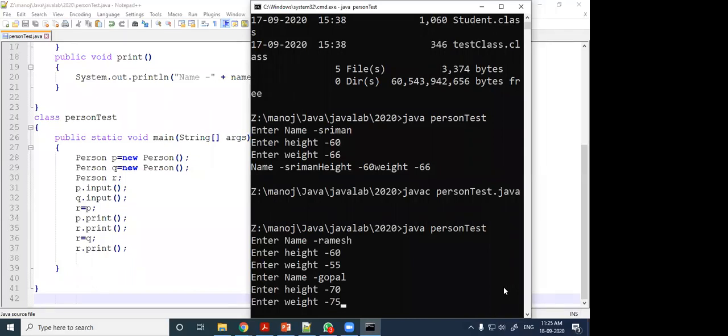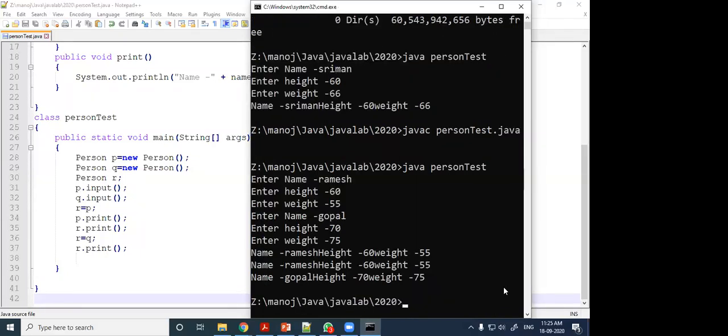Then when I print, p dot print gives Ramesh 60 55. Then r dot print again, because r is referred to p, so Ramesh 60 55. Then r is referred to q, and the q we have entered, Gopal 70 75, Gopal 70 75.